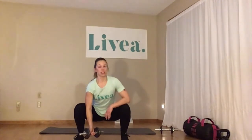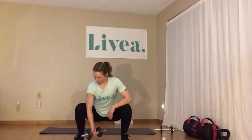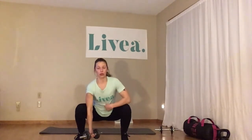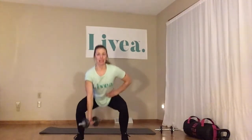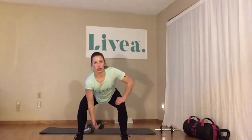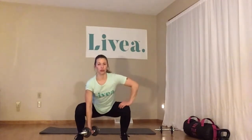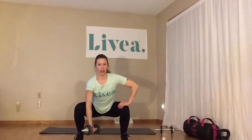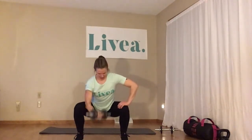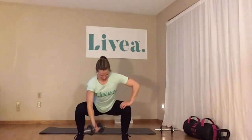And so what this is doing is creating less movement of the arm and putting more focus into the actual muscle that we're using. So that's really the key here. Otherwise, it's just a bicep curl. So we're starting with our hand down low, the weight down low, and we're curling up. That's 1. We're going to do 20 on each side. If you can't get this low, go as low as you can, but keep the spine and the neck neutral. So 2, 3, 4, 5, 6, 7, 8,